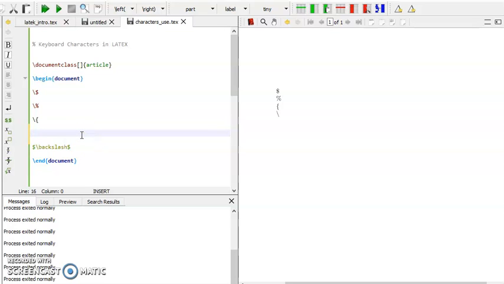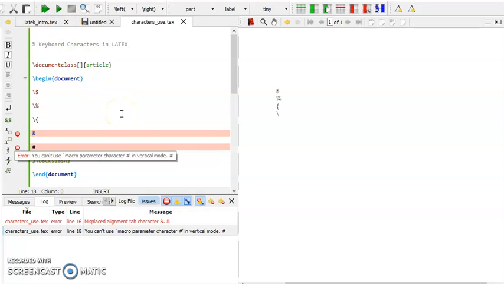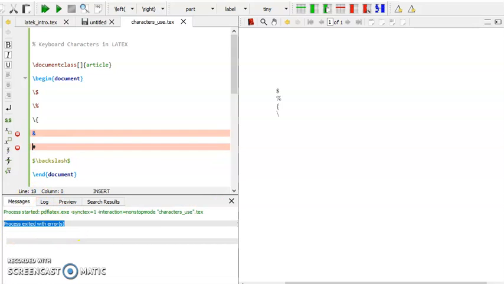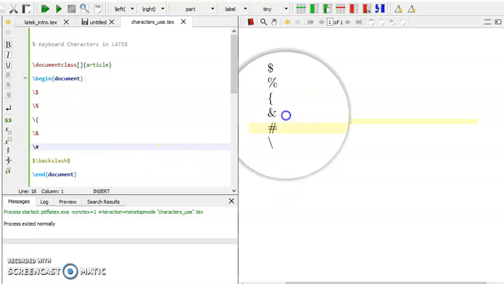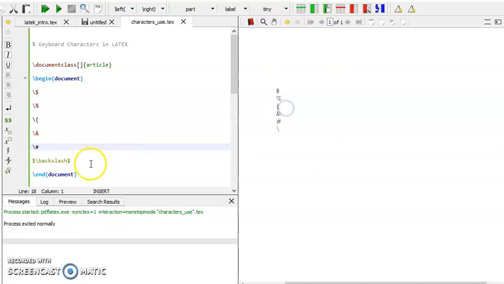Now we use the hash, which is a special character. You run this file and now you encounter some trouble. See, the process exited with error. So how to avoid this error? Just use a backslash. Now you run this file. Yeah, we got it. But in some cases,